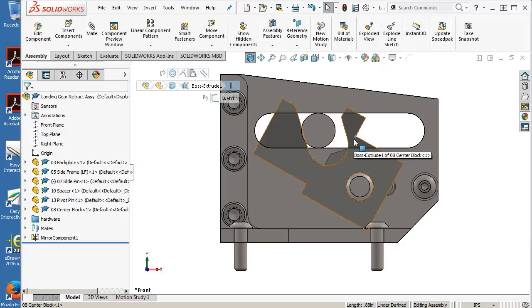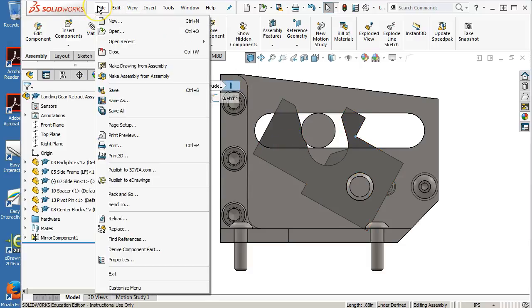All right, so at this stage, I have a couple of options before I go in and start butchering this assembly, this sub-assembly. Because I know I'm going to need to make corrections, and I'm going to have to go back and decipher what I did a year and a half ago. This would be a good place to pack and go. What Pack and Go says is, I want a snapshot as it is right now, before I do anything else. Under File, Pack and Go,